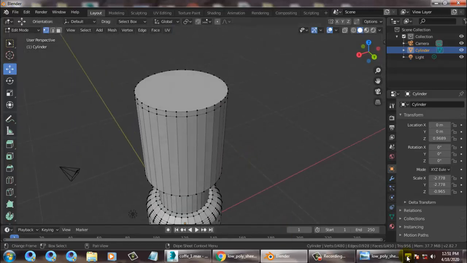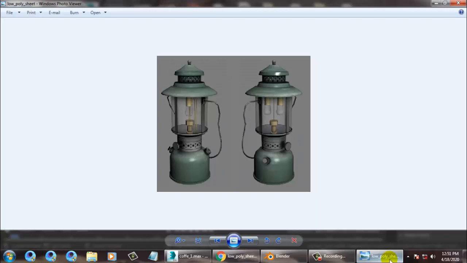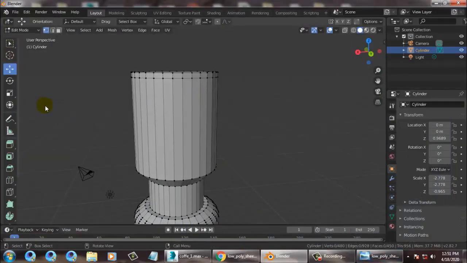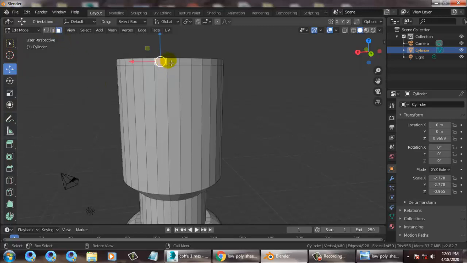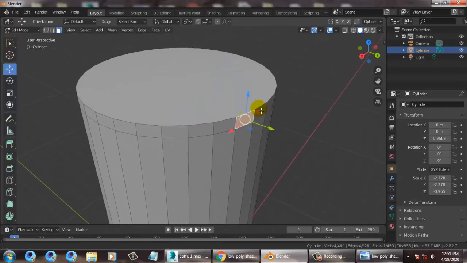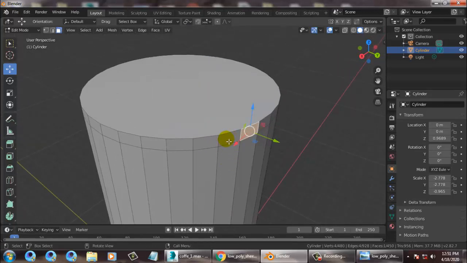So now what I'll do over here is let's select the faces. How I'm going to select these faces is I'll go into the edge.